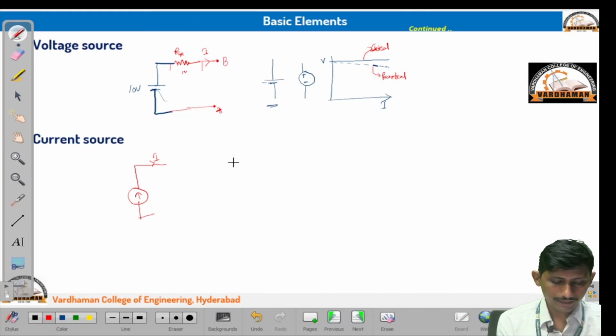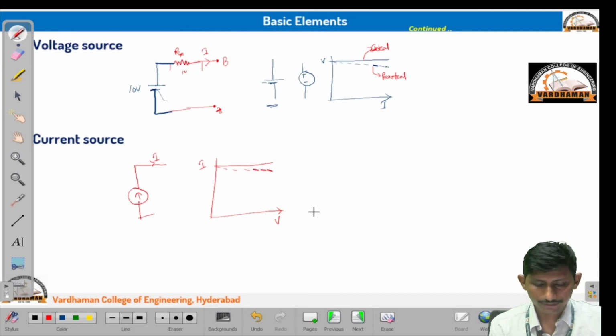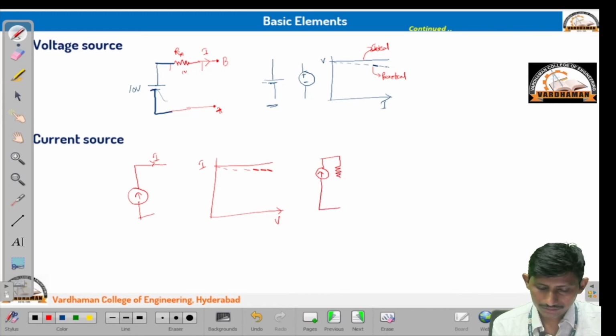However, in practical applications, let us say this is the ideal current with any amount of voltage. Practically it will go like this, just like voltage. The reason for this is again the internal resistance of this current source. In the case of electrical current sources, the internal resistance is represented in parallel with the current source, because